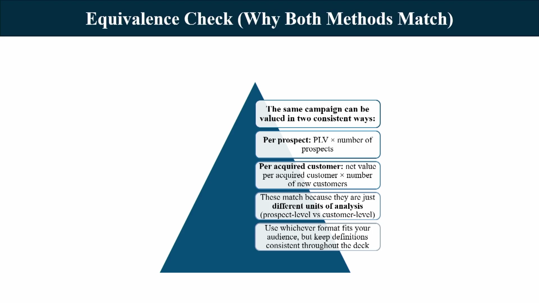Let us say if we are doing a per prospect calculation. So, what we have to do? We have to calculate the prospect lifetime value as per the formula, right? And then what is the number of prospects? Normally the number of prospects is always high, and that's why we said that prospect lifetime value is a very sensitive metric. Any smaller change in prospect lifetime value will lead to a higher change in the overall